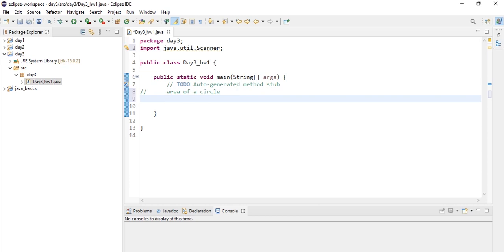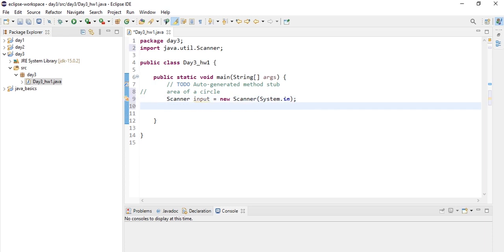And now we are creating an object, that is Scanner input is equal to new Scanner of System.in.